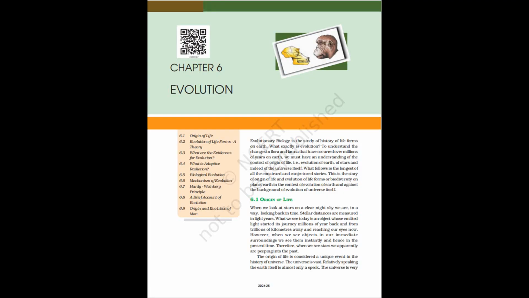Figure 6.4 showing white-winged moth and dark-winged moth, melanic, on a tree trunk, A, in unpolluted area, B, in polluted area. The explanation put forth for this observation was that predators will spot a moth against a contrasting background. During post-industrialization period, the tree trunks became dark due to industrial smoke and soot. Under this condition, the white-winged moth did not survive due to predators, dark-winged or melanic moth survived.